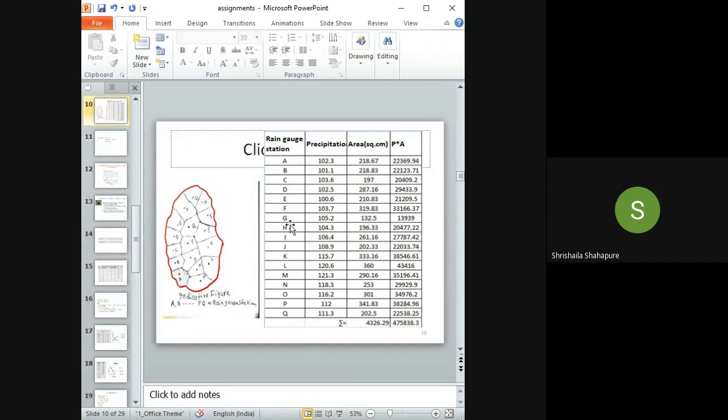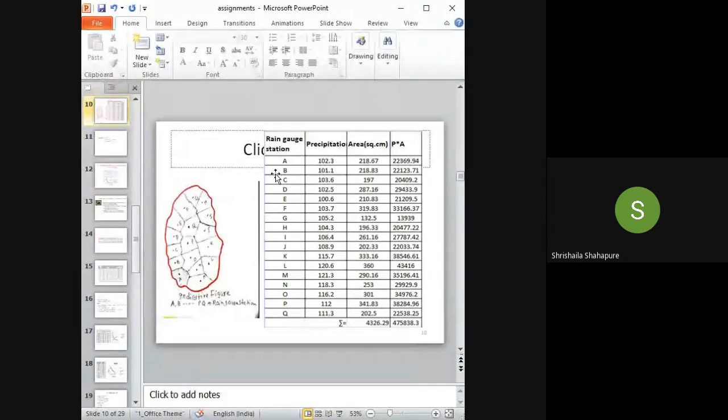So for all rain gauge stations, the rainfall occurring during any specified period is given. If you have to find out the mean precipitation over the catchment,